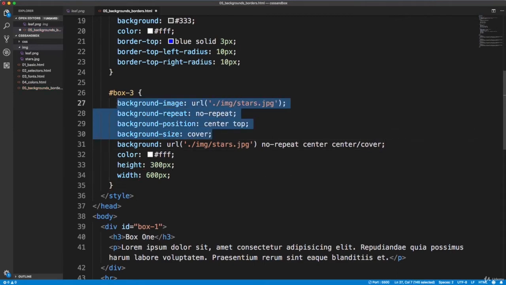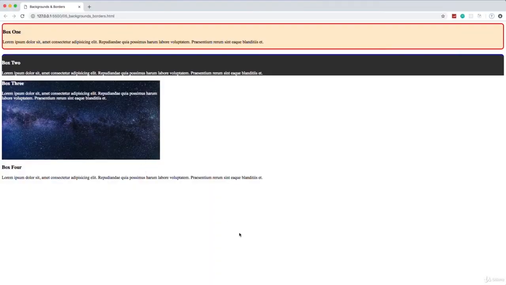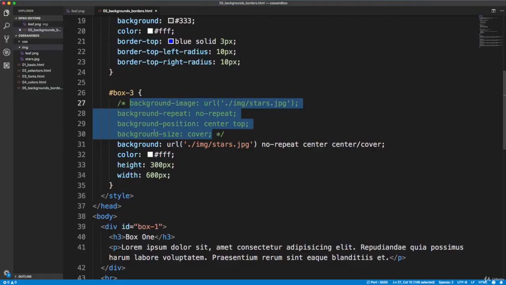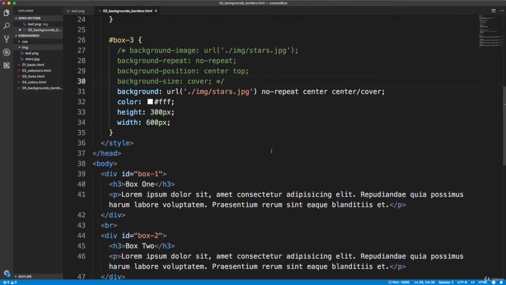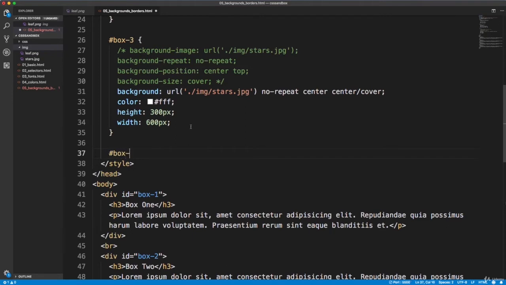So if I go ahead and comment this out and save and take a look, we get the same result with much less lines of code, much less properties. Okay, so let's move on. I want to look at having a fixed background, and I'll show you what I mean. So let's add in our box 4,